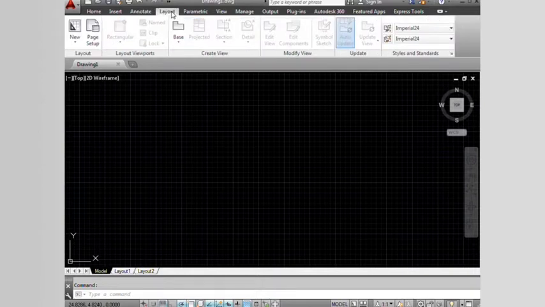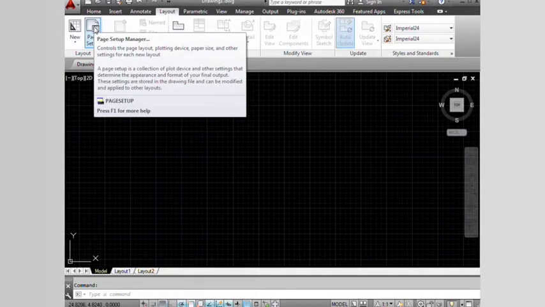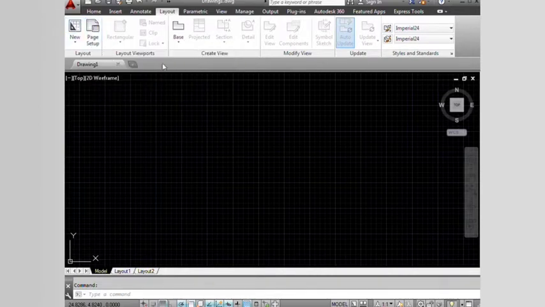Let's look at another tab. We have the Layout tab, and the Layout tab is where we can set up the page and the drawing space in which we shall be drawing our objects and features. If we want to create a new drawing or new layout, we can do that from here, and many other capabilities that we'll look at as we proceed through this course. And let's look at one more tab. We have the View tab,